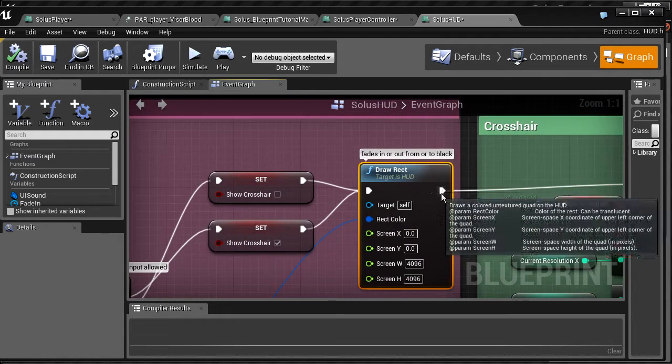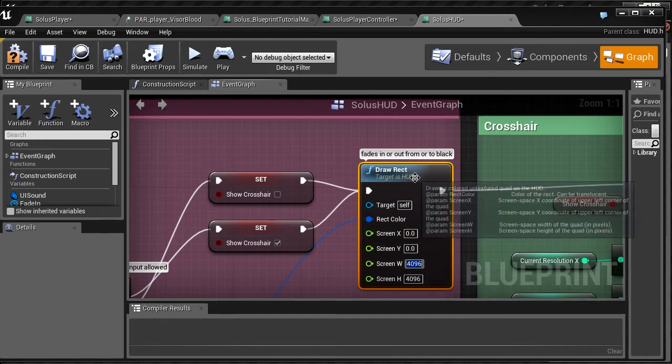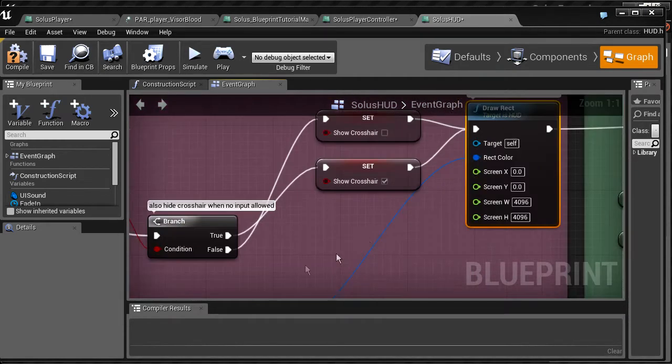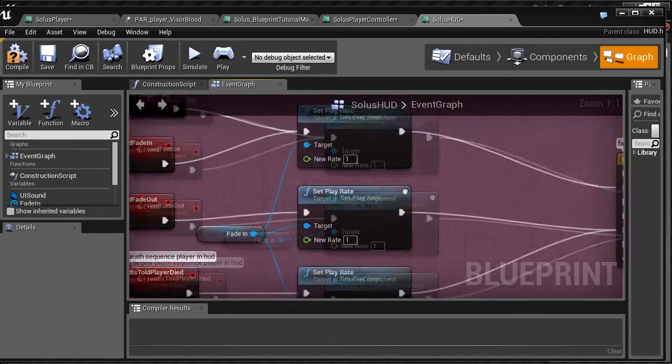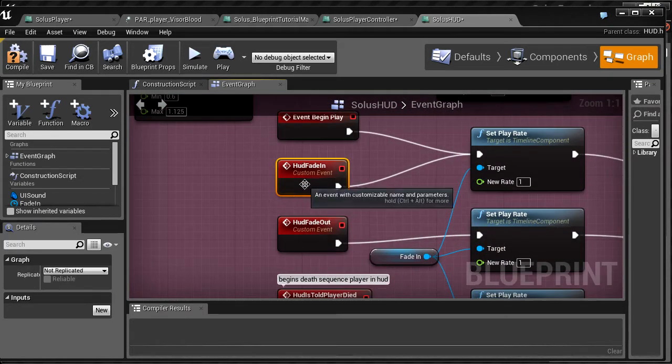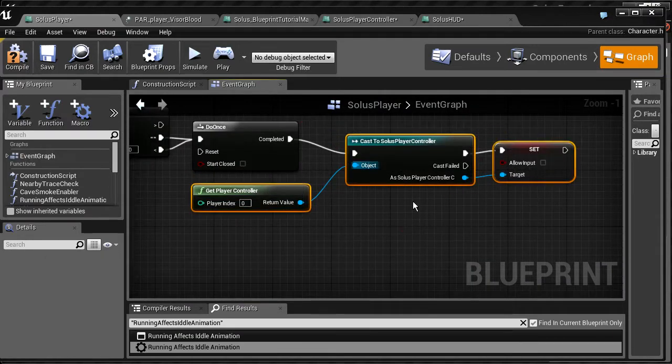And you can see here this draw rectangle that just fills the entire screen. You can see it's very big, 4000 pixels across, fills the entire screen with that black color. So anyhow, this controls the fading. So if you were to trigger these two, we can make the screen fade in and fade out when you die and respawn. So if I go back to the Solus player,